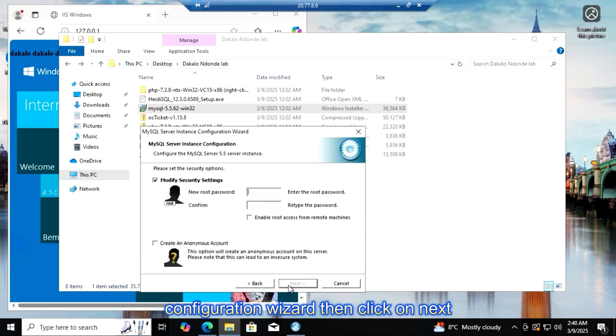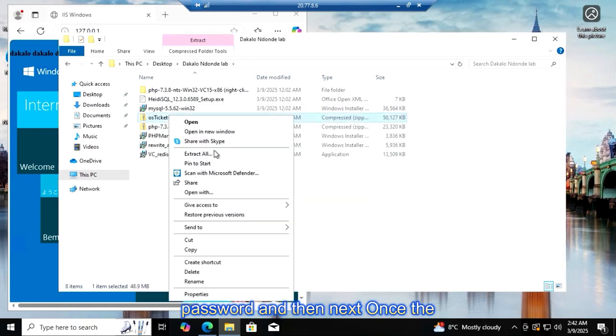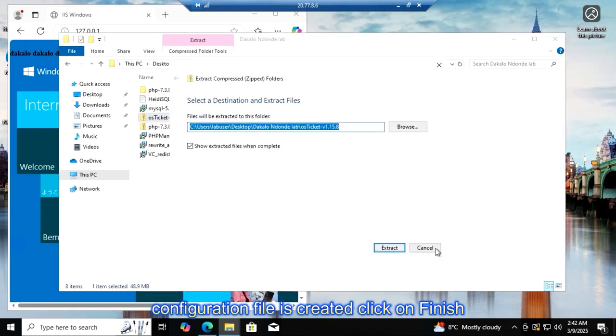Click on next. Select standard configuration. Do not select include bin directory in Windows path. Then click on next and create your password, and then next. Once the configuration file is created, click on finish,